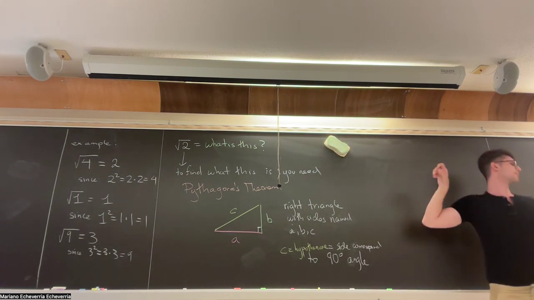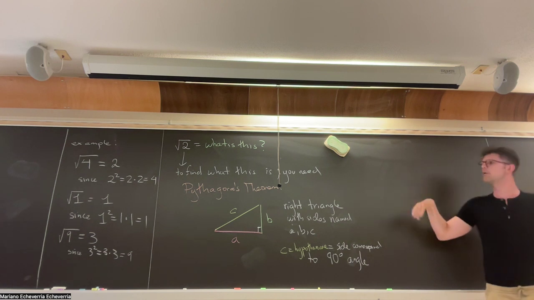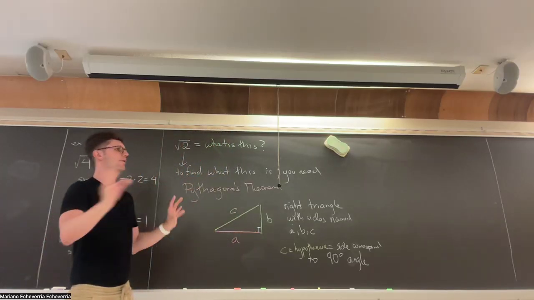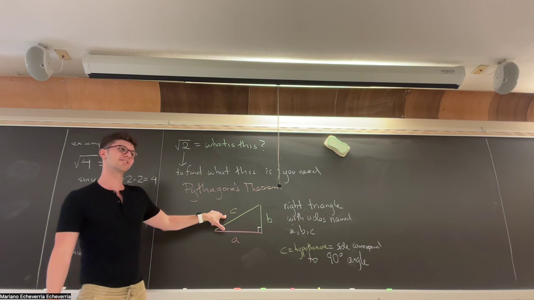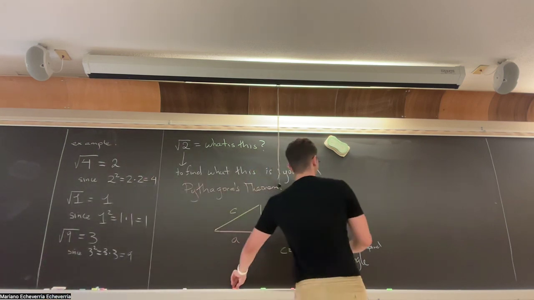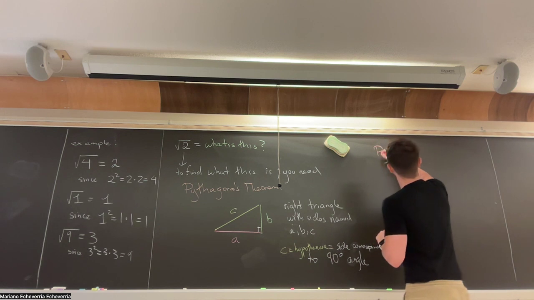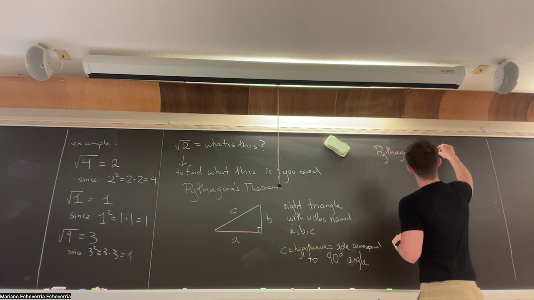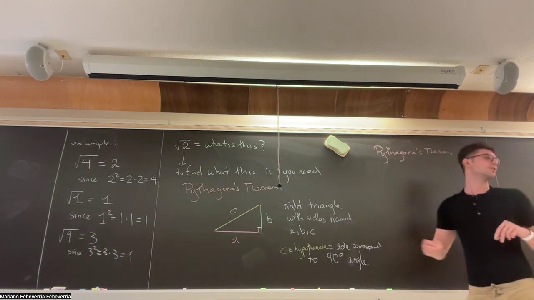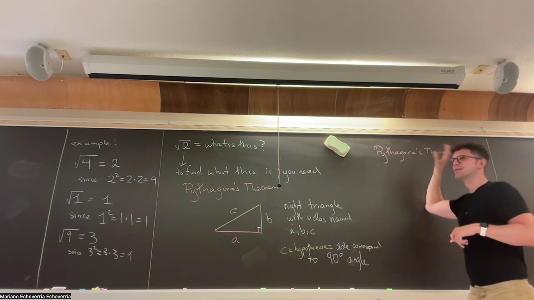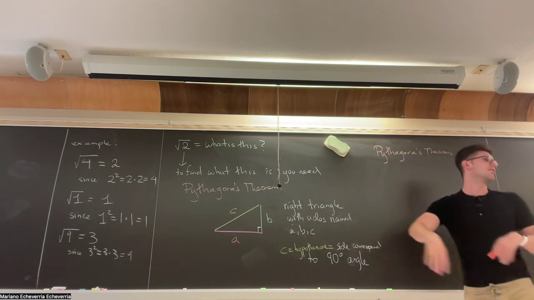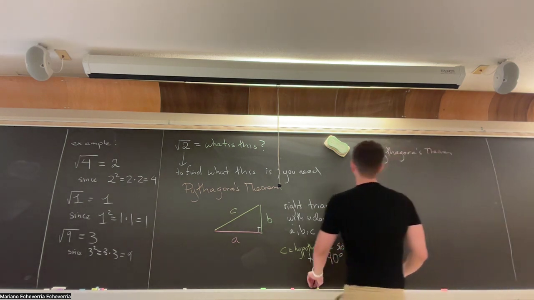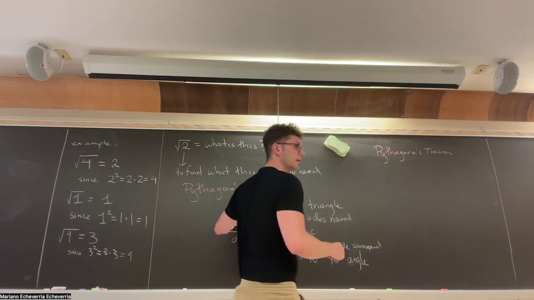And so, you may have seen this before, but what Pythagoras theorem says, and this is one of the most important things in mathematics, is that the square of this number. So what does the theorem say? I mean, this is probably one of the oldest results of mathematics. The Egyptians knew it, the Babylonians knew it, the Greeks knew it, everyone kind of knew it. It's one of the first things that were figured out about numbers. So what the theorem says is that the square of the hypotenuse